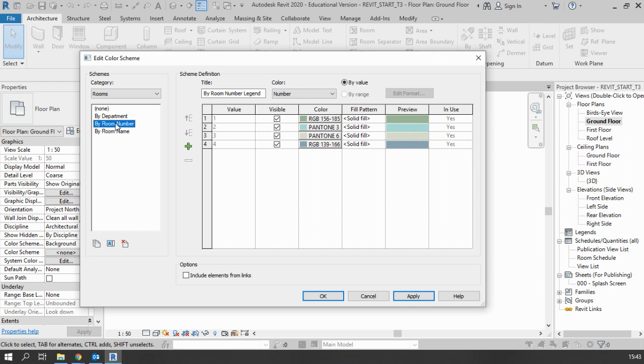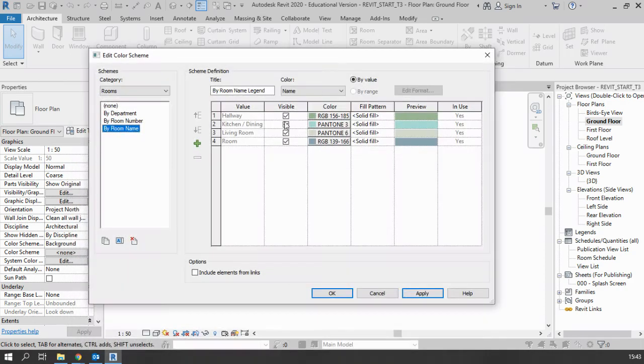So you can actually create zones and color them by zones using department. But we're going to color them by name because all our rooms should be named. So once you do all this, you'll have all the rooms named. It will automatically assign a color to it. So again, you can change the colors if you want. If you add rooms to it, it will add them as well,